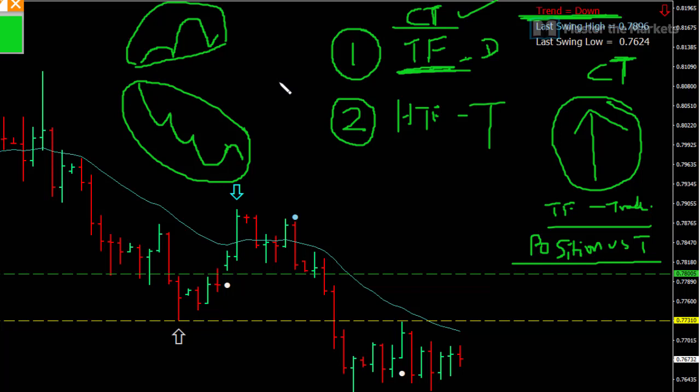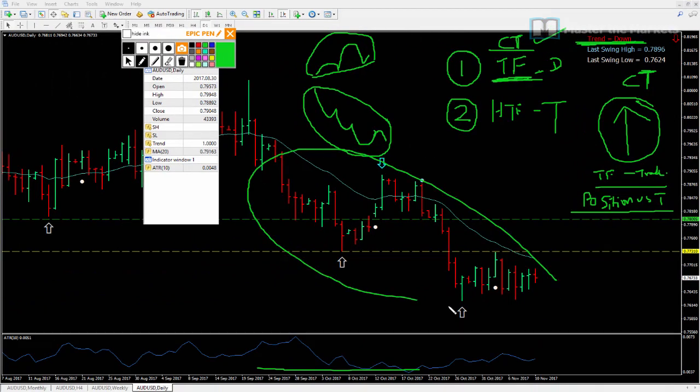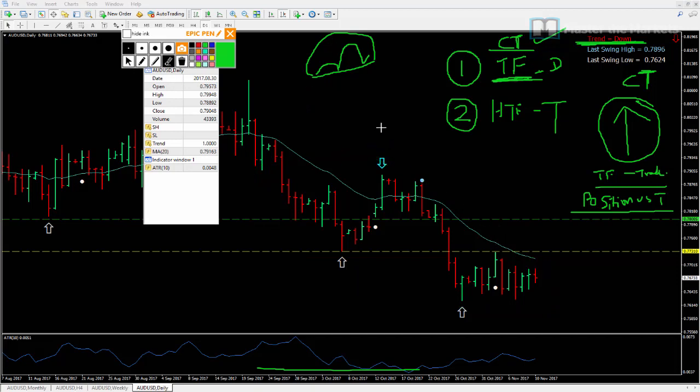Understand? So that's what we are looking for here. So we're looking for this trend to change its direction according to the higher time frame trend. Okay, so let me show you an example here. So let me just erase this away. So then you can see that